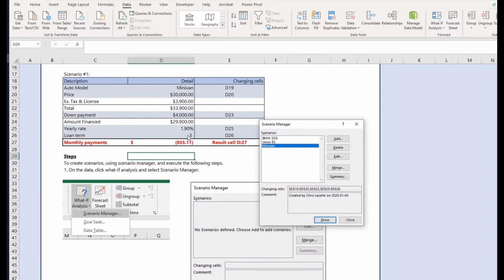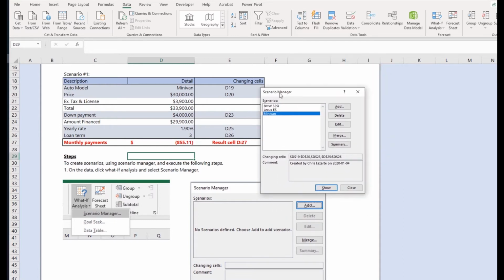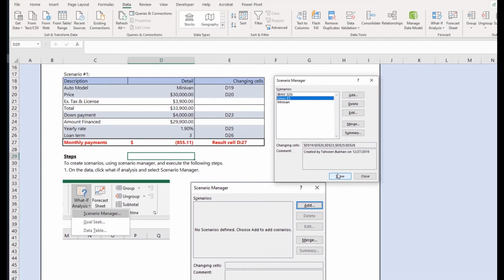But as you can see, we've got 3 different scenarios we've set up here in this scenario manager table. We've got the minivan that's shown on screen. But if I want to see what the implication is of having a Lexus purchase, I can click on the Lexus and then I can click Show. And based on the inputs that I summarized into the model, it'll spit out what the scenario looks like for purchasing the Lexus. The Lexus is $40,000. The total cost is $45,200. The down payment's $4,500. The yearly rate is 2.5%. The loan is 3 years, and the payments are